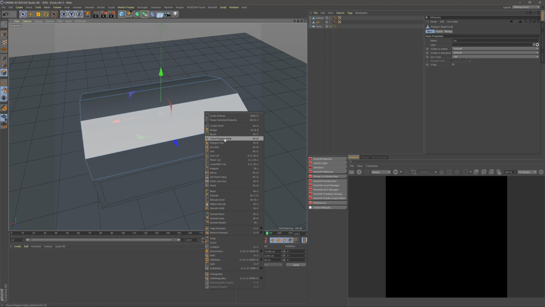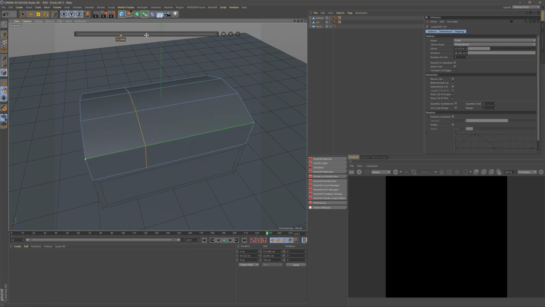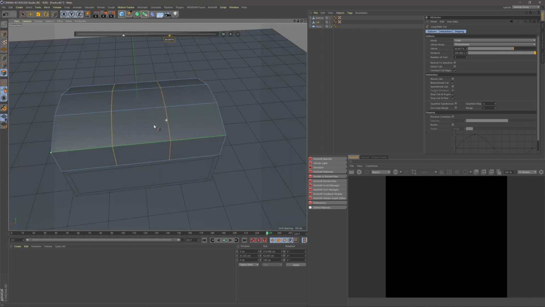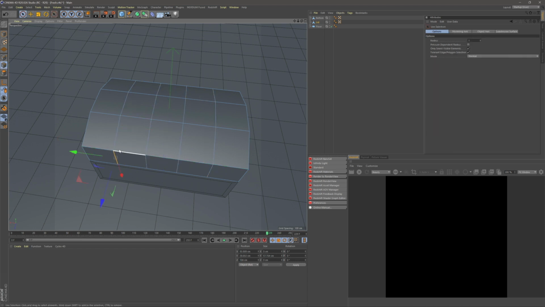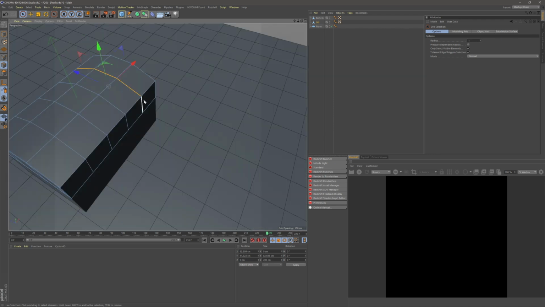So I'm going to go to my loop path and cut tool, click on this, and you're going to see a bar at the top here. This bar is to move this cut up and down. But the best thing about this is this little plus button will add more cuts in, but keep it symmetrical. So if I add another one, you see they're proportionally the same length from either end. So I'm going to add 4 to this,